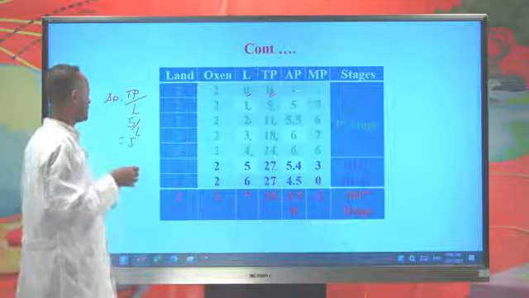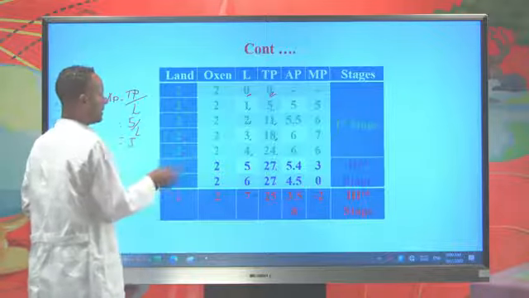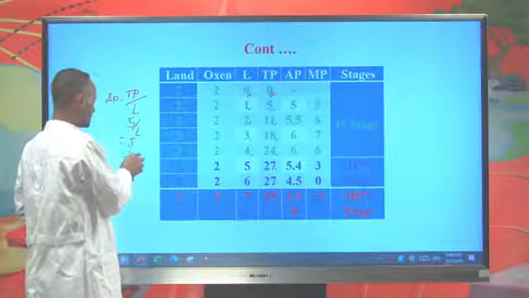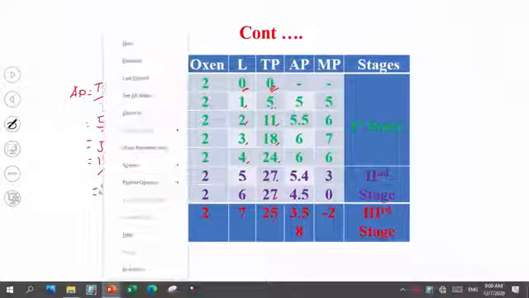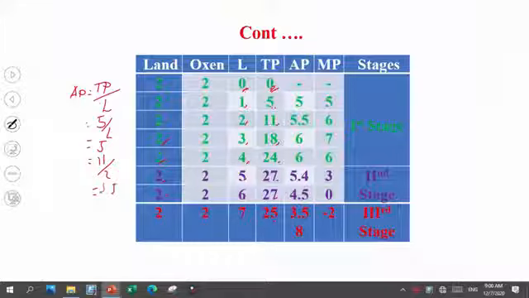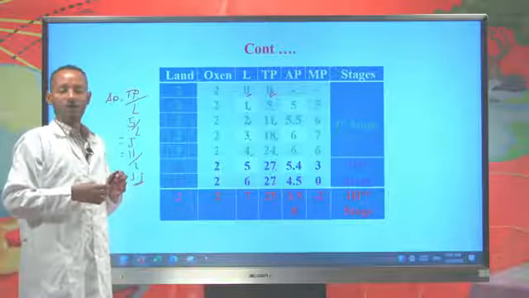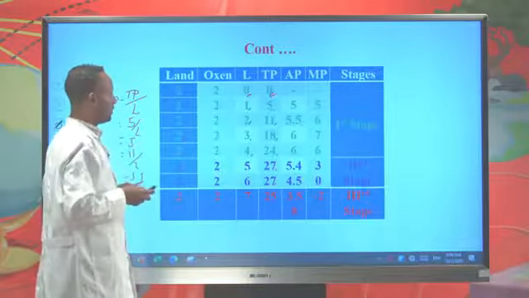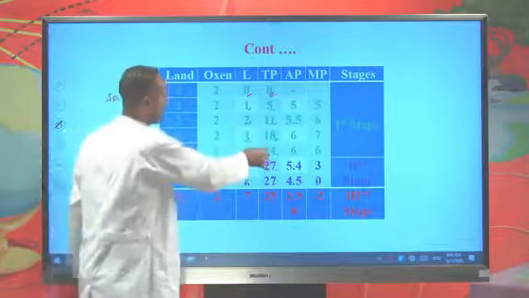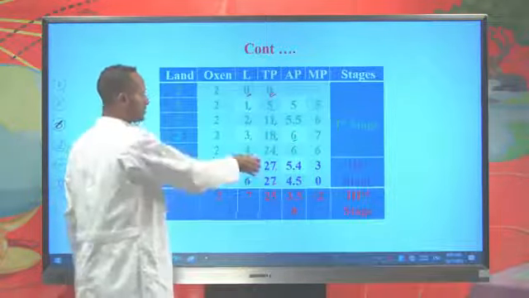When we see the second one, the total product of 2 labor is 11 quintal. That means it is calculated by dividing 11 by 2, and that gives us 5.5. This tells us if two farmers produce 11 quintal, then one farmer is producing 5.5 quintal on average. Similarly, if 3 laborers produce 18 quintal, then the average product of one labor is 6, and if 4 labor produce 24 quintal,